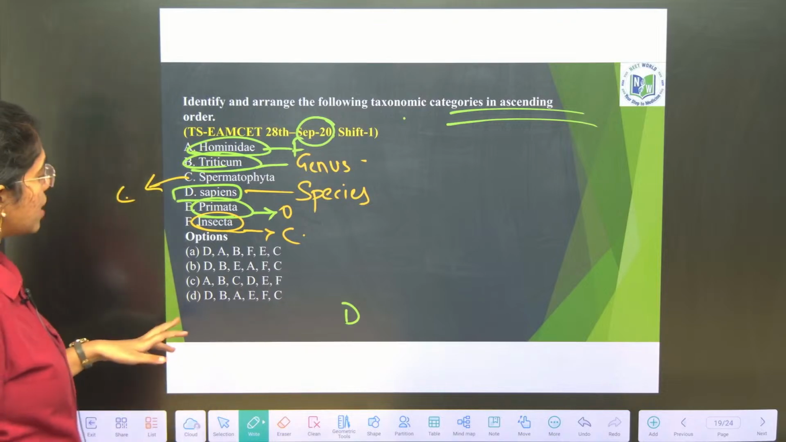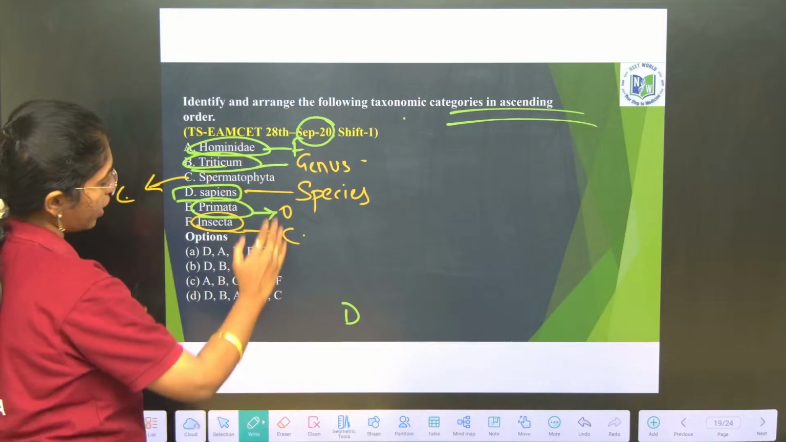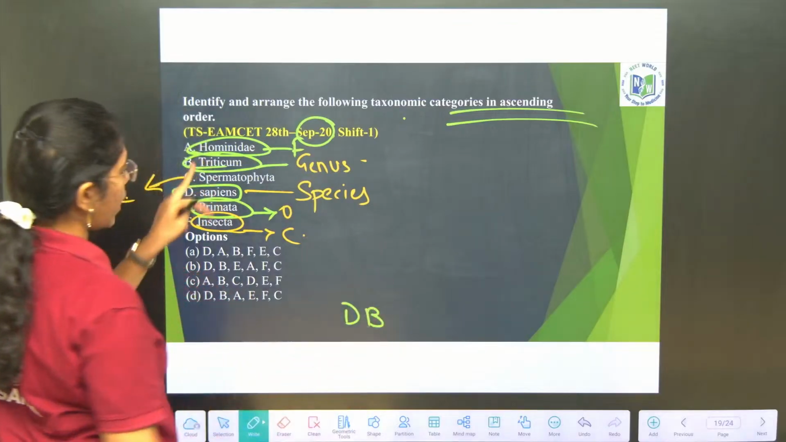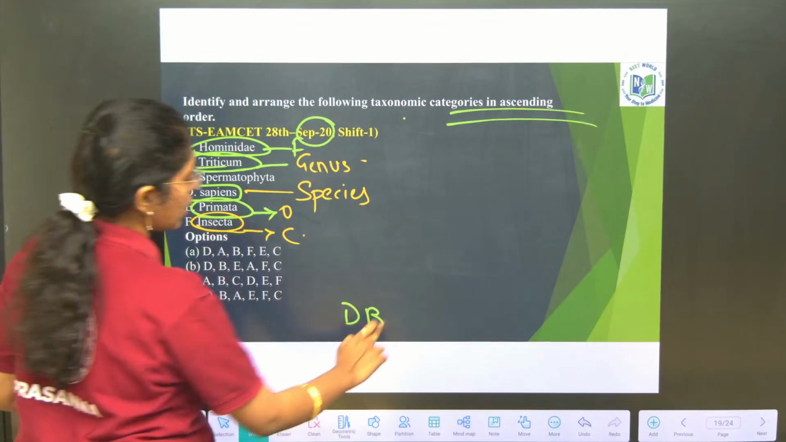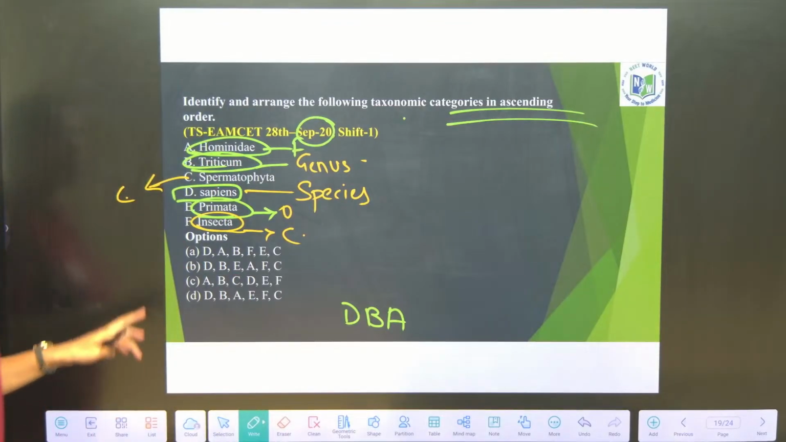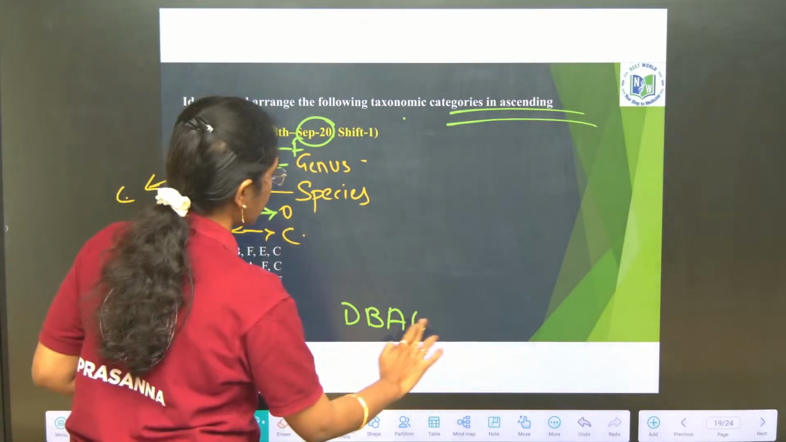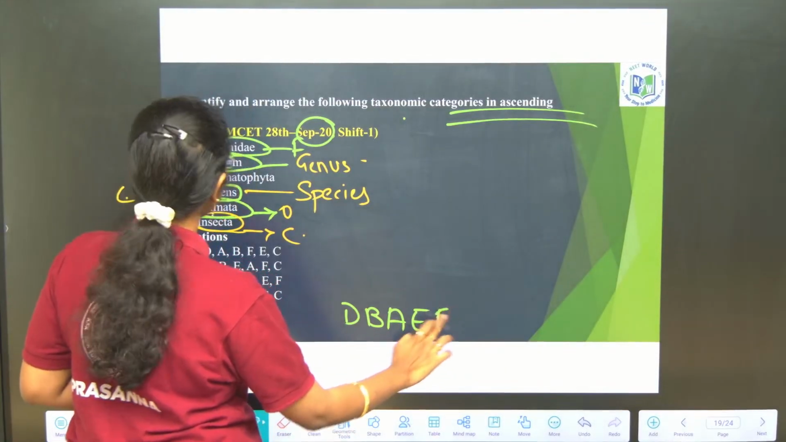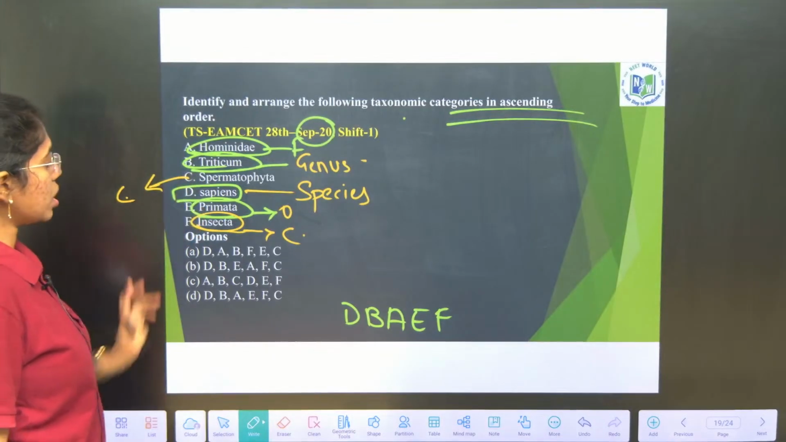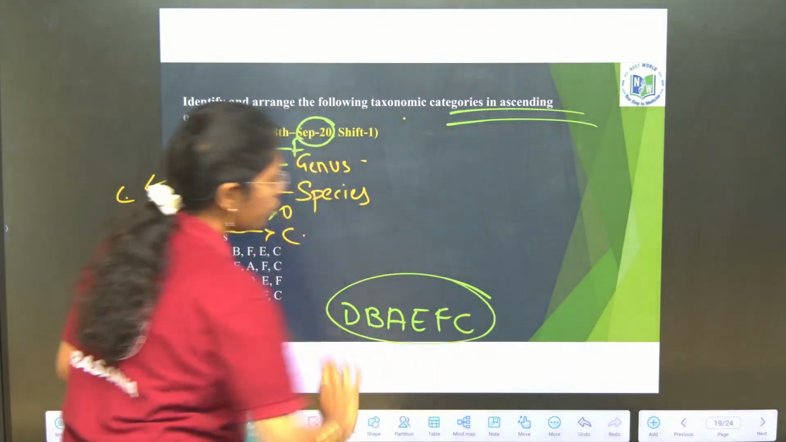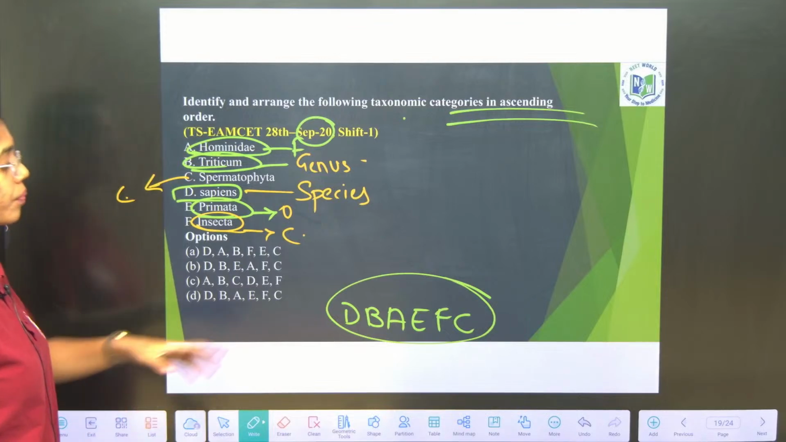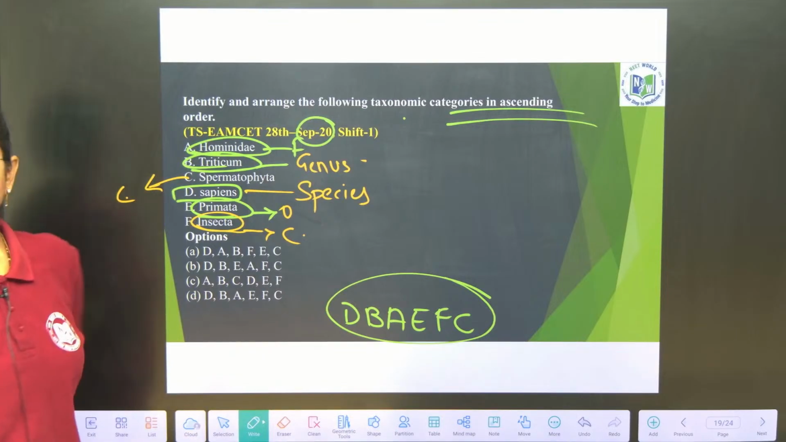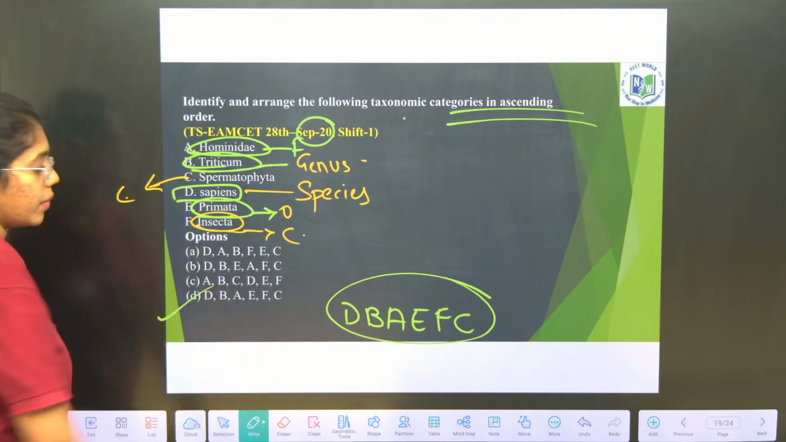So to place them in the proper ascending order: first is species, that is sapiens; next is genus, that is Triticum; next is family, that is Hominidae, which is A; next is order, which is Primata, that is E; next class, that is F; and next is division, that is C, Spermatophyta, or angiosperms. So here it is B, D, A, E, F, C. What is the right option here? Option D, right. Next,